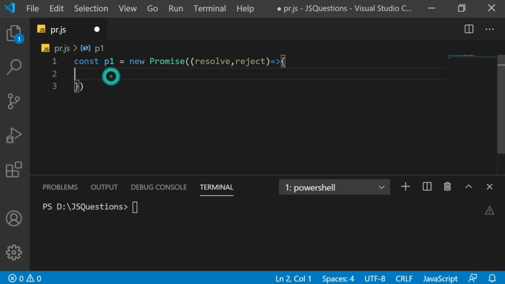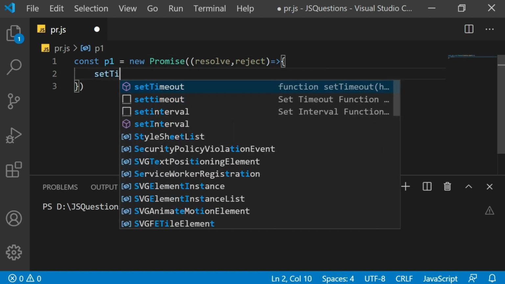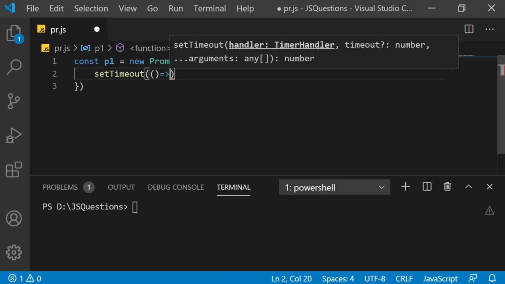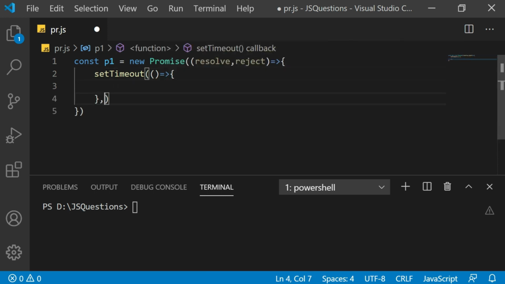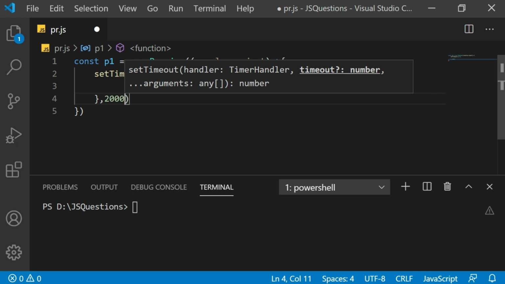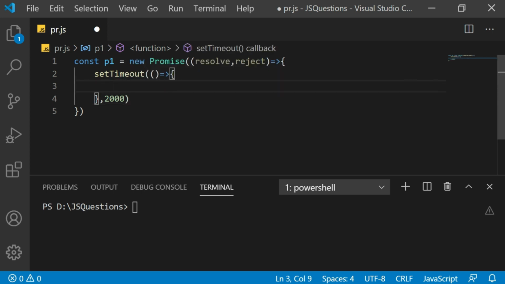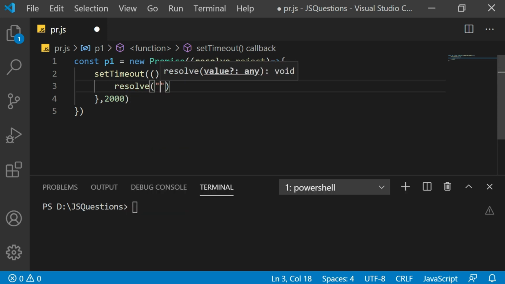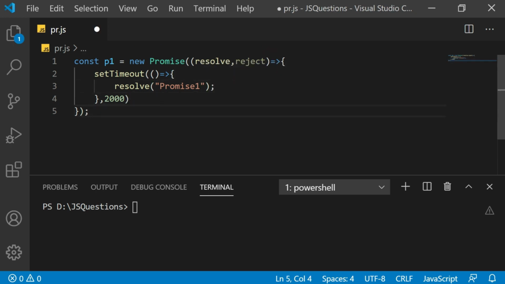Let's also put a setTimeout here, which again has a callback function, and that gets executed after 2000 milliseconds. Inside this, I'm just going to call resolve and pass a message, promise 1. That's it. This is one promise we have created.